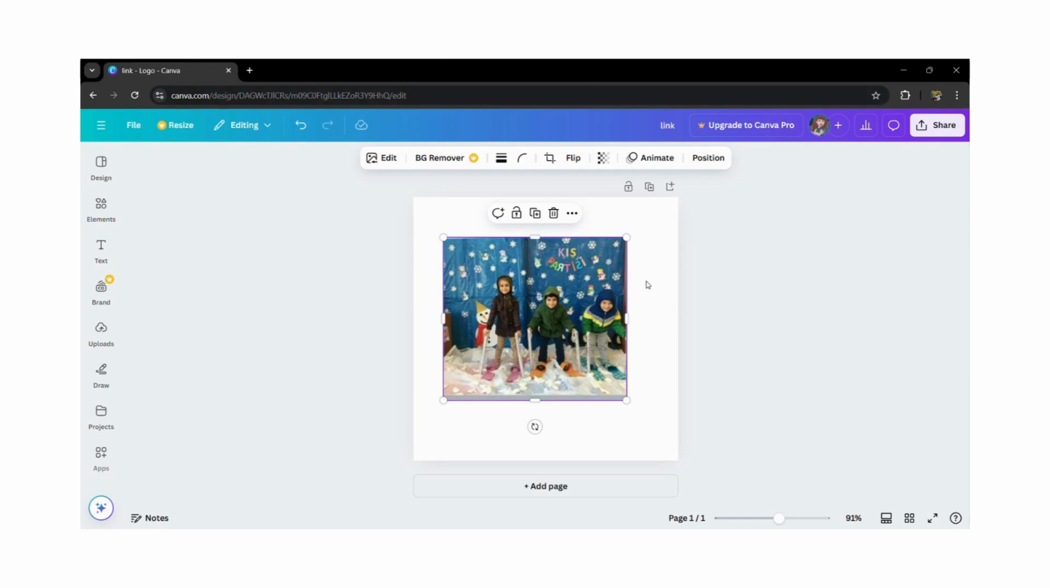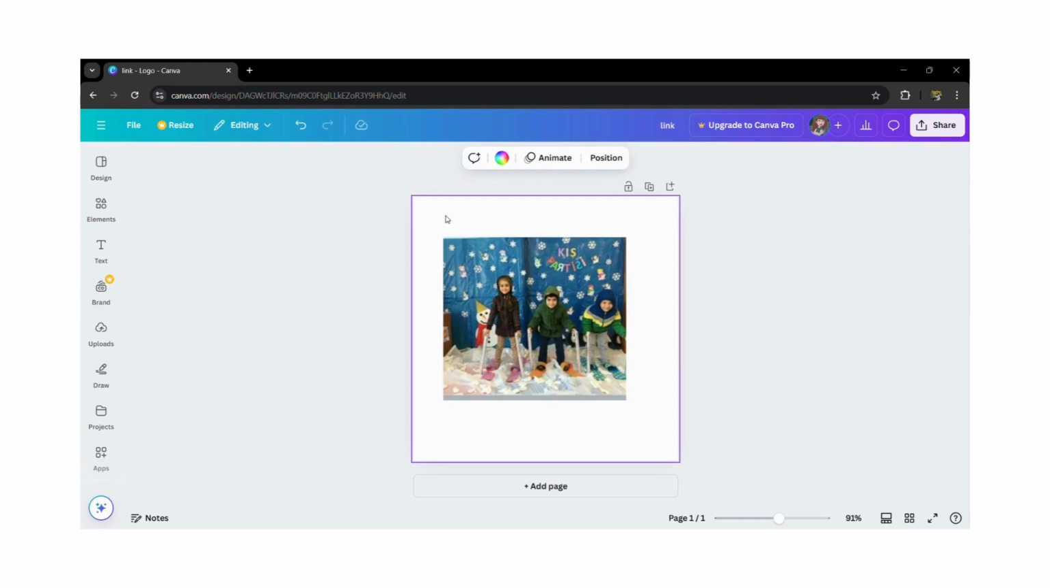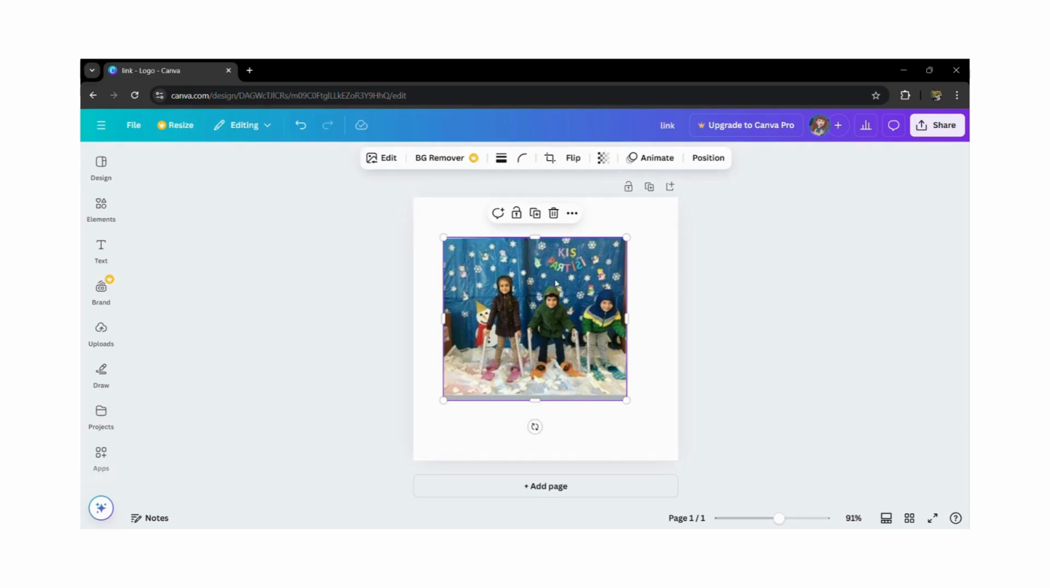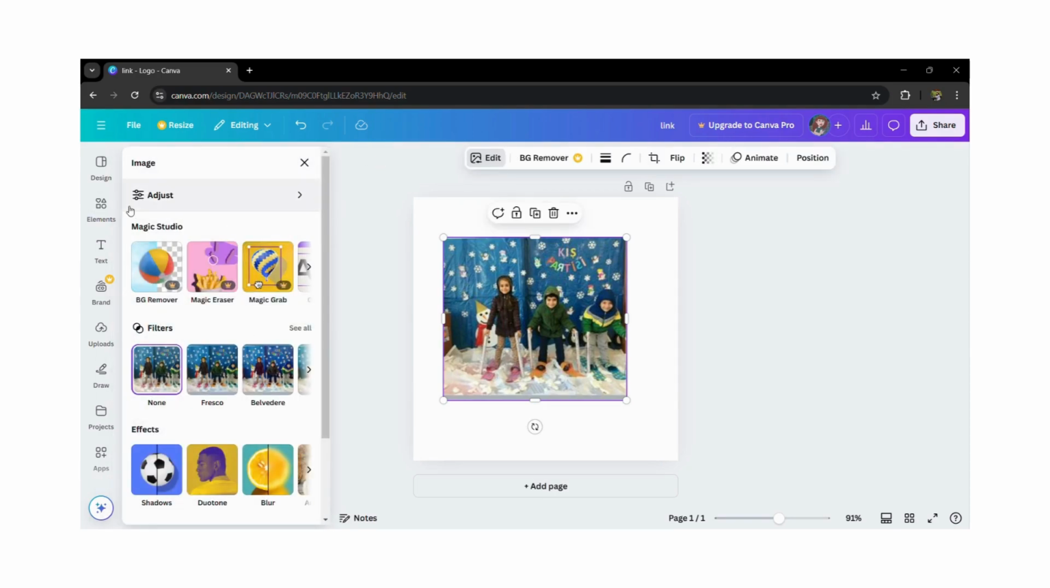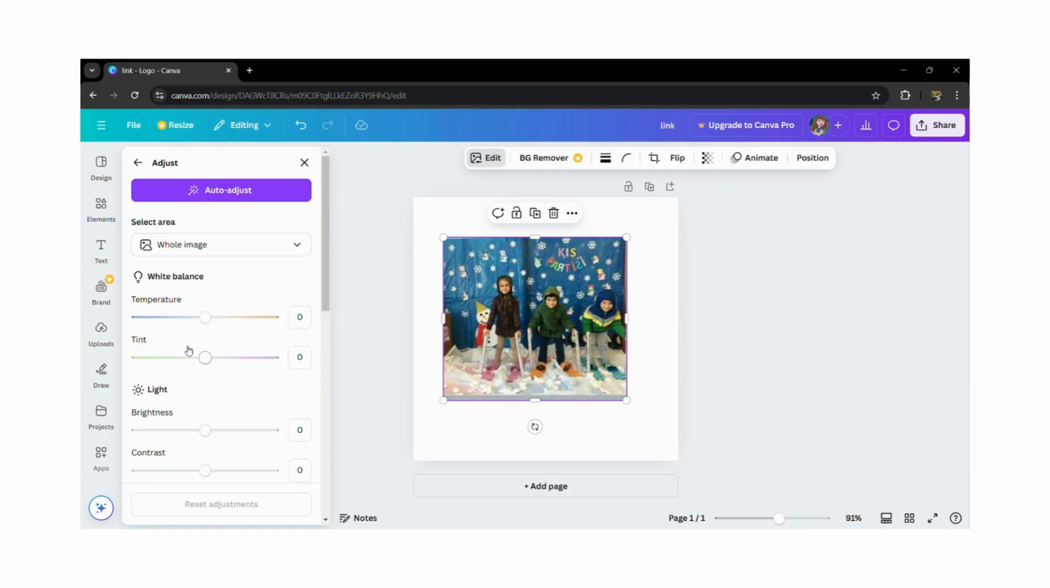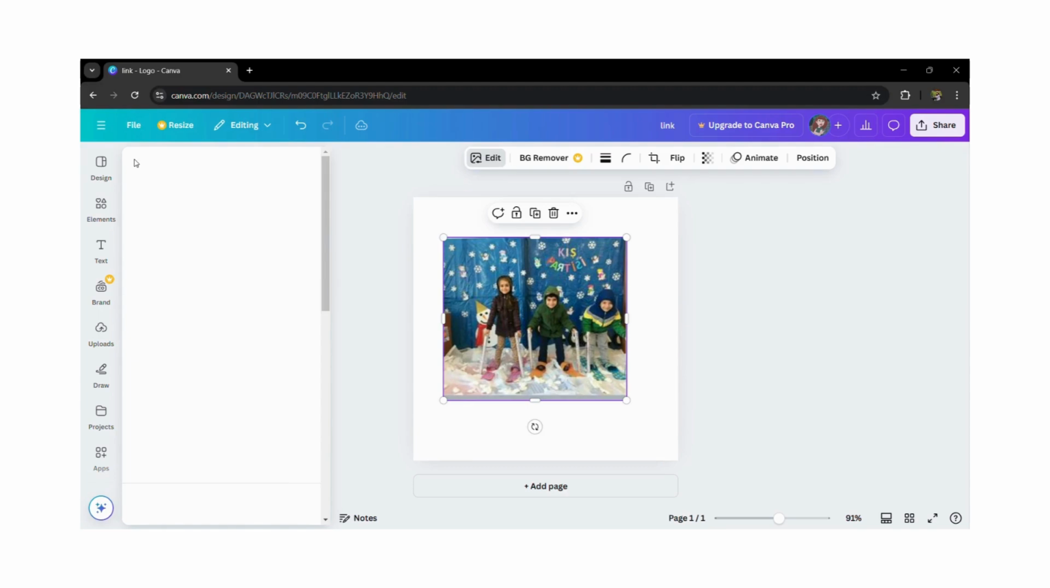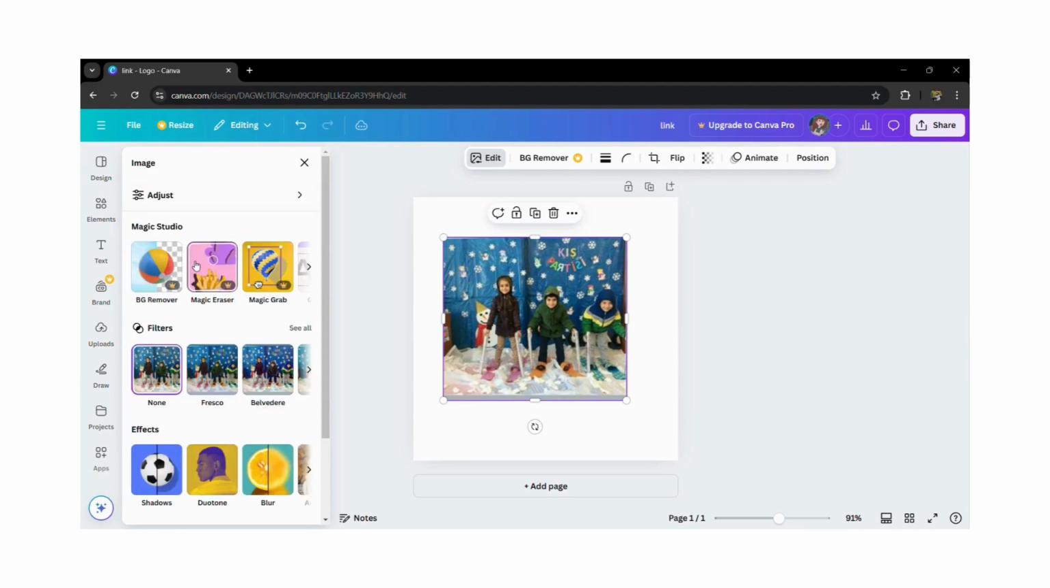So this is the image of the kids. This is the random image that I picked up from the internet. So let's say we're gonna change this kid's outfit. So in order to do that, you can simply tap into the image itself. Let's go to the edit option. And here you can see this is just the address. You can simply go to the Magic Studio, and here is the option of